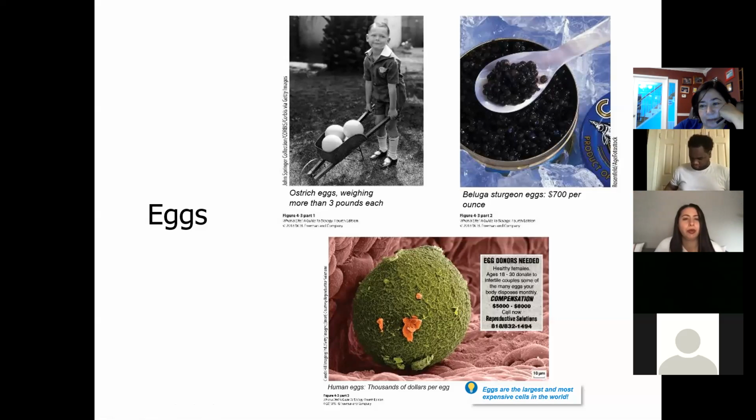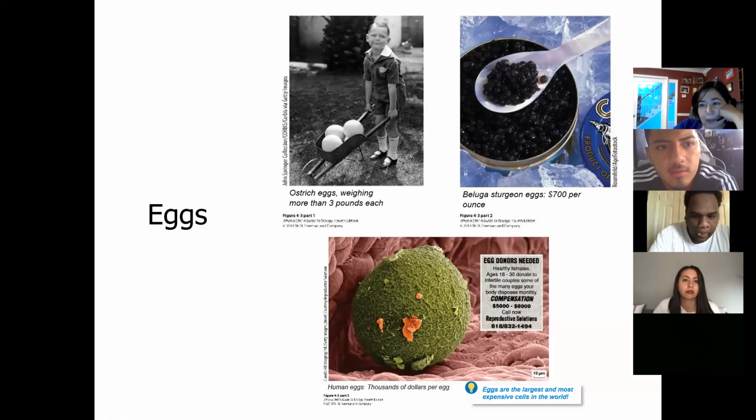Isn't it proportionate to the size of the animal? There's something about that, but for example, mammals, like even an elephant egg is not that huge. If you talk about birds, yeah, maybe, but